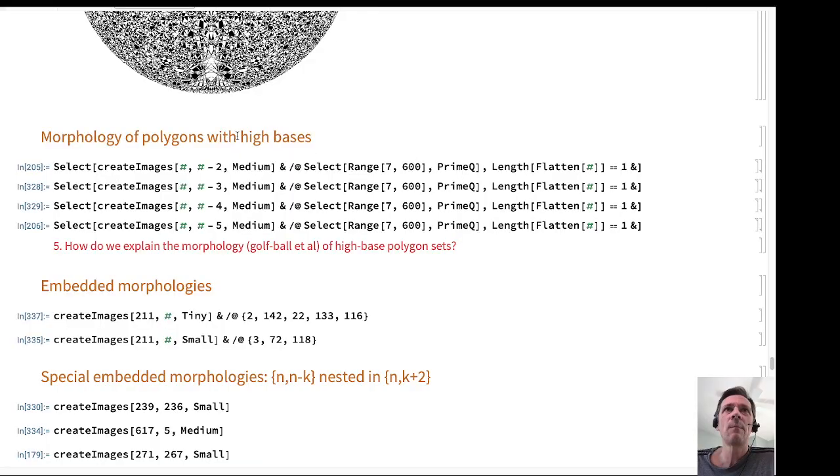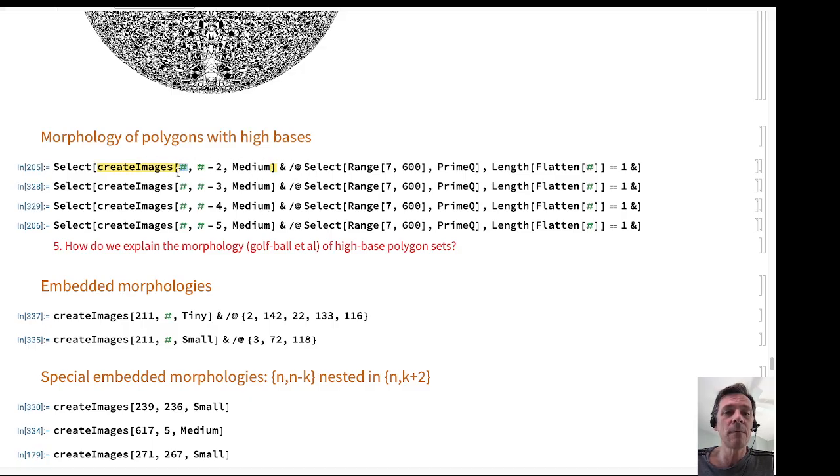I want to talk now about the morphology of polygons with high bases. Before I was talking about base 2, base 3, base 4, forming 1 node, 2 nodes, 3 nodes respectively. Always base n forms n minus 1 nodes. Base 10 forms 9, etc. Now we're going to look at